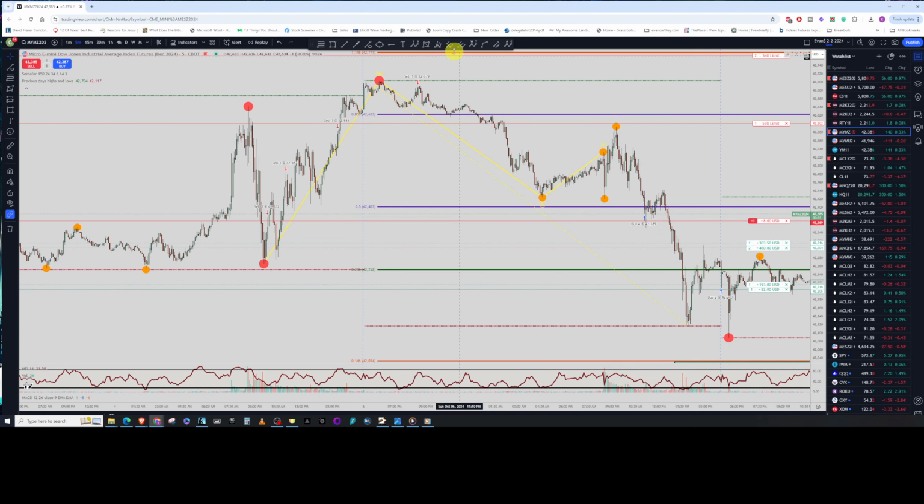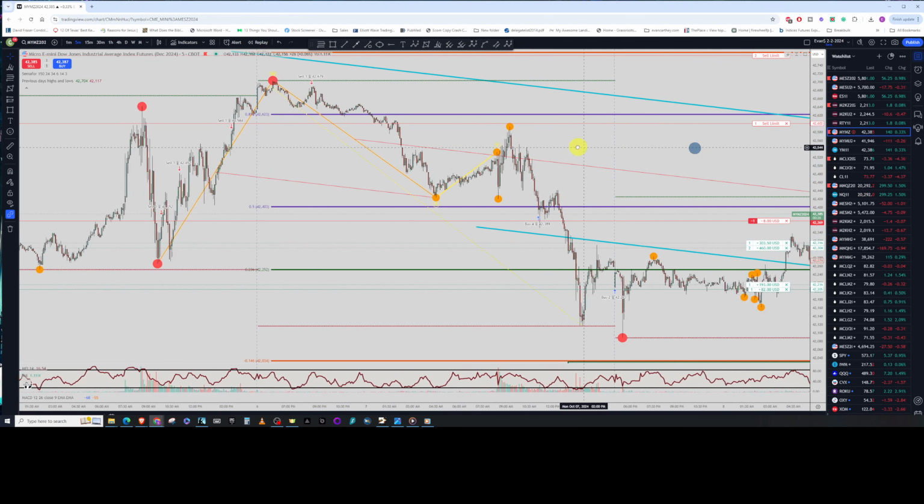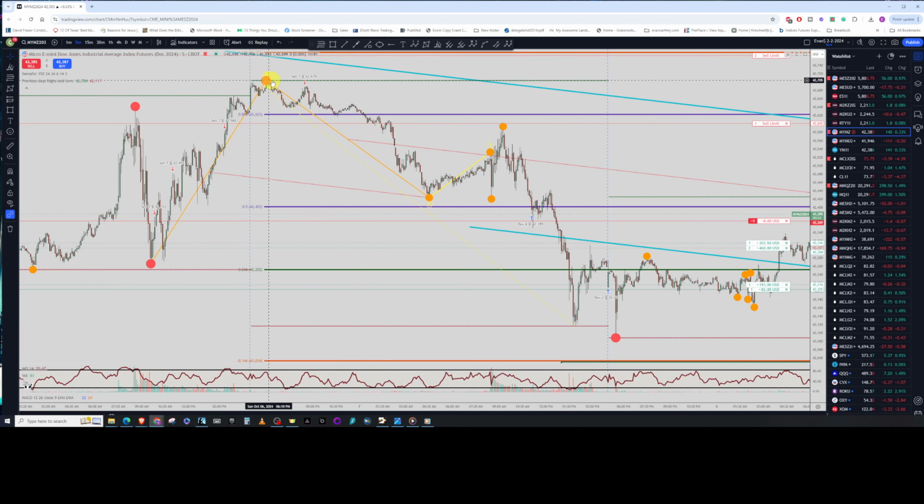I'll just do it live right here, see what it looks like. So there's points 1, 2, 3. So then price broke out below, so we just draw the Fibonacci retracement level from top down to the bottom,